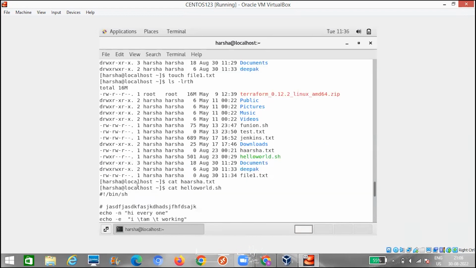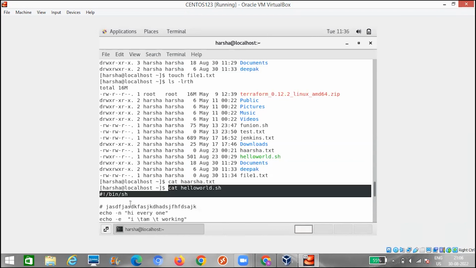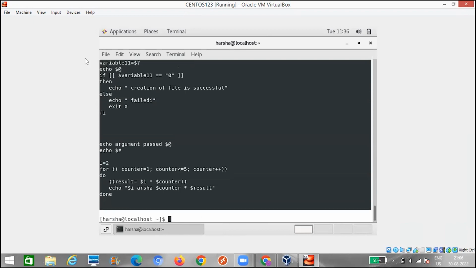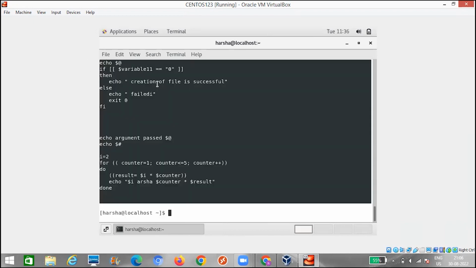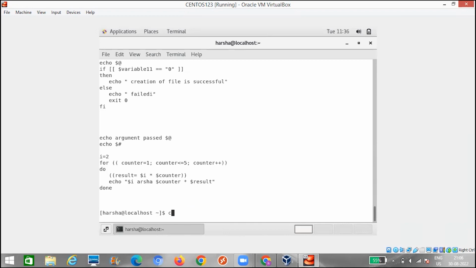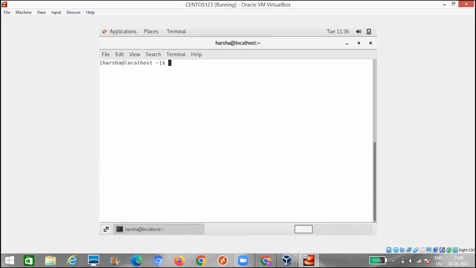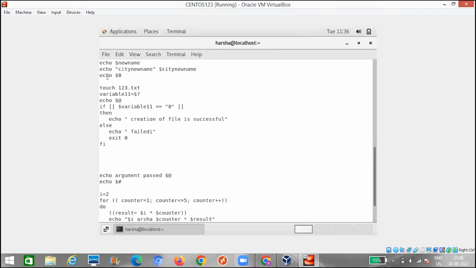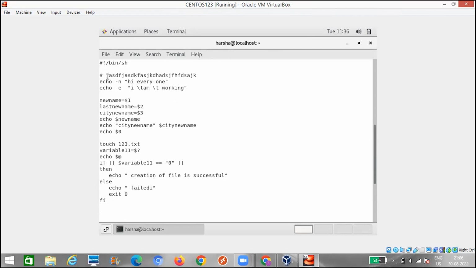If I scroll up, you can see hello world.sh is a sh script, and it has some commands over there and is executing some sort of commands. So using the cat command, we can see the content in a file. But when I executed the cat command, am I able to see the complete content of the file? I want to see the initial lines of the file. I cannot see it directly on the screen. I need to scroll up to see the initial content like bash, bin, shebang, and everything.